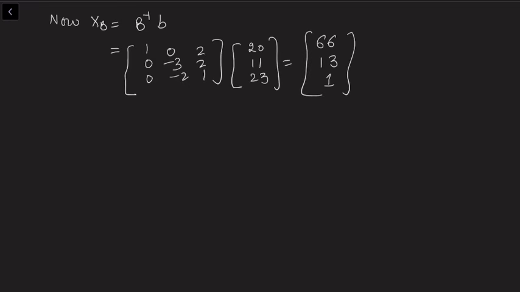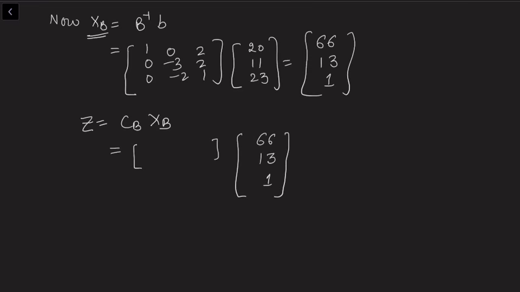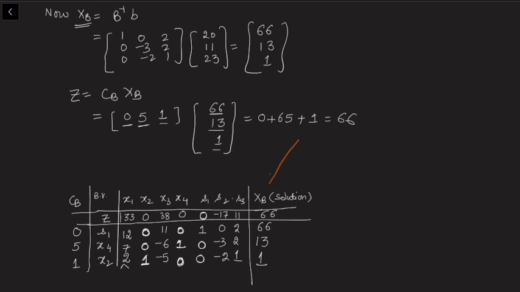So once I've calculated xb, we can calculate z. Z is cb into xb, the cost of basic variables multiplied by the xb column. Xb we have just calculated, 6 13 1, and the cb vector we have seen earlier, it is 0 5 1. So when I now multiply 6 into 0, this is 0, 5 into 13 is 65, plus 1 into 1, that is 1. So we get 66 as the value for z. Now this completes our table, and the table looks like this, because we have now written 6 13 1 and the value for z here correspondingly.